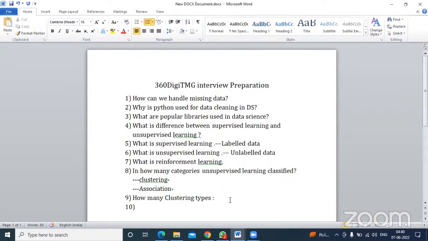There are hierarchical, K-means, and PCA. What does PCA mean? That is nothing but principal component analysis. On this basis, we can cluster our data points, on the similarities of the data, or on the differences, what makes them differ from each other. So that can be the type of clustering. Okay, my next question is,